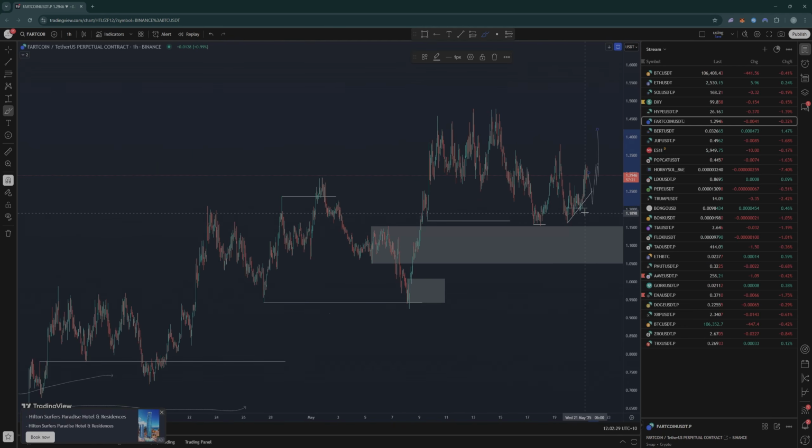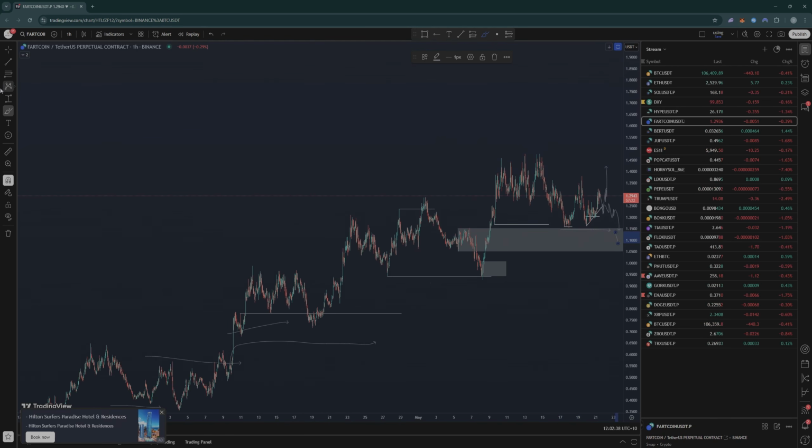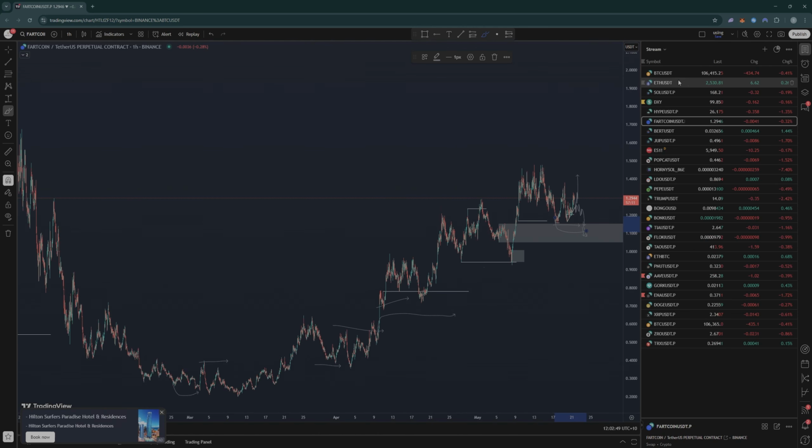However, if these levels start to break, if we come back below that trend line and then we get more distribution, then expect these lows to get taken out. Now, once we take out those lows, if we start to make another lower low and continue lower highs, I think it'll be very unlikely that we accumulate below there, especially because if this starts to fail, then Bitcoin and ETH are probably having a deeper pullback as well.